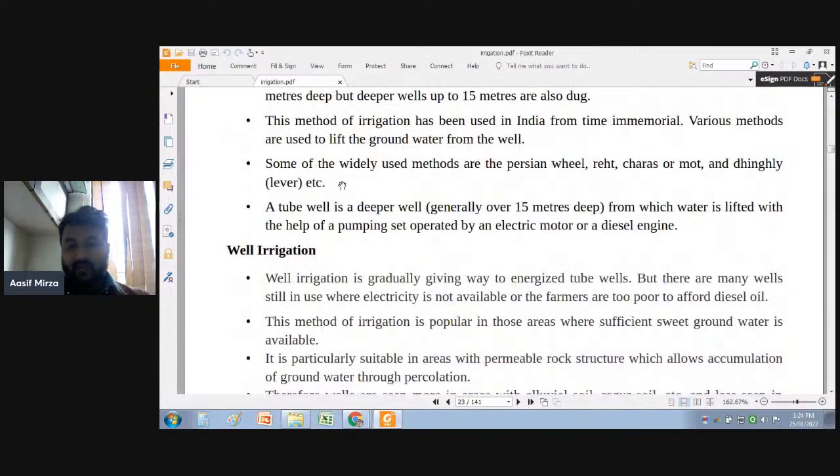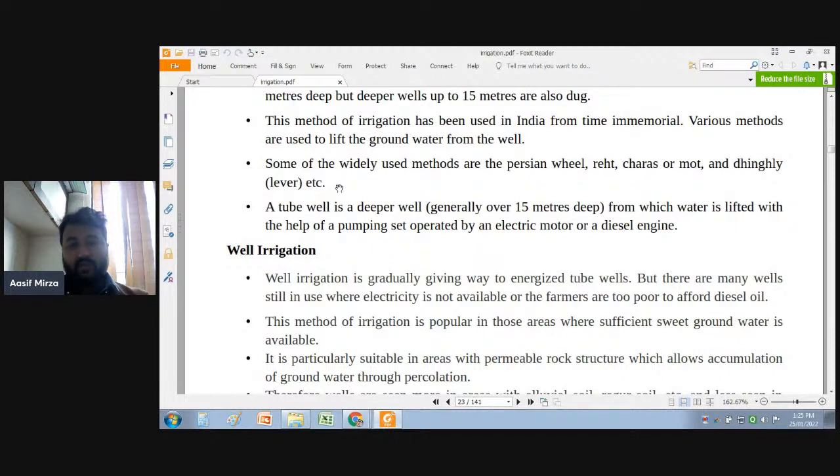Well irrigation is gradually giving way to energized tube wells, but there are many wells still in use where electricity is not available or the farmers are too poor to afford diesel oil. So many of the farmers who belong to a poor economic background, or who belong to rural areas, cannot adopt any mechanical or electrical motor. So the water is raised in well irrigation manually only,